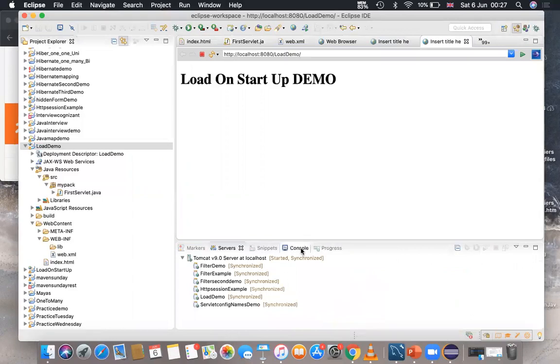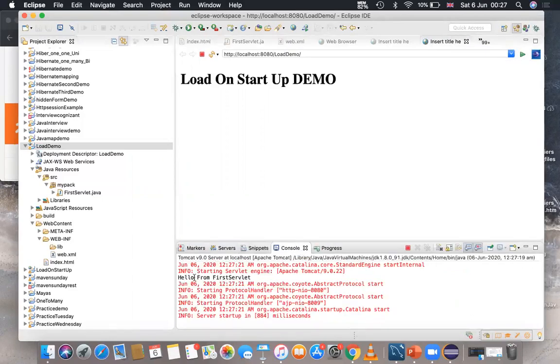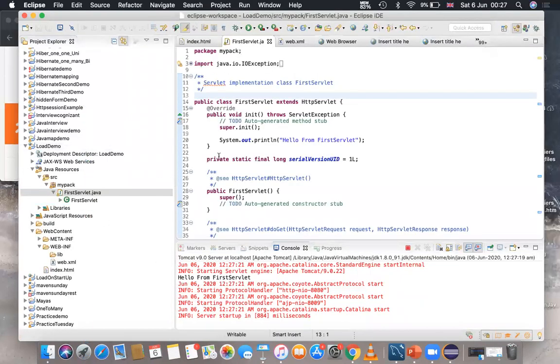Now, if you see the console, you can see this information here, starting servlet engine, and immediately after starting, you can see this hello from first servlet. I have not sent a request for the URL pattern of the servlet, which is firstservlet. The request has not gone to the servlet. The request is for the HTML page only. But you can see that at that time itself, the init method is called. So pre-initialization is done by the servlet because I have provided this load on startup. I wrote this to the console to show you.